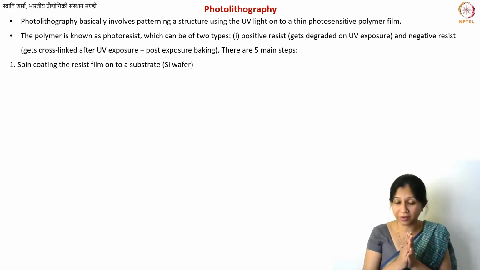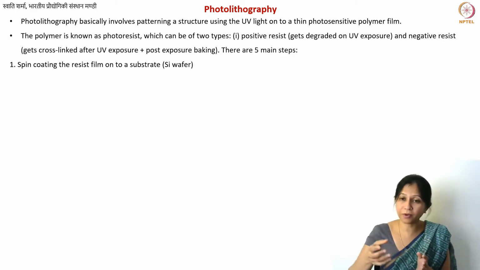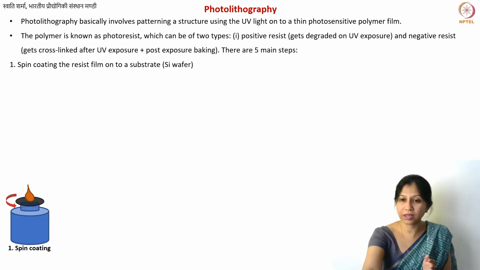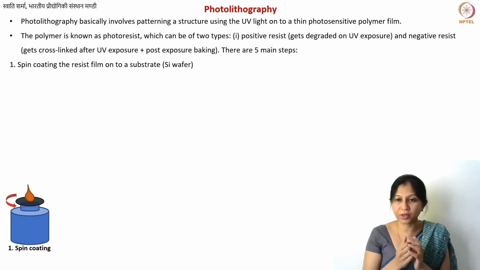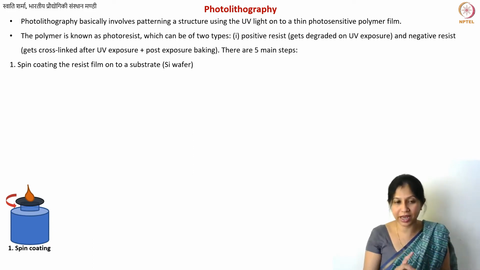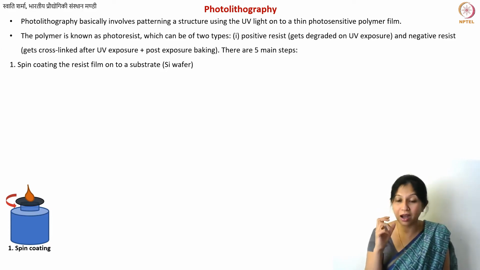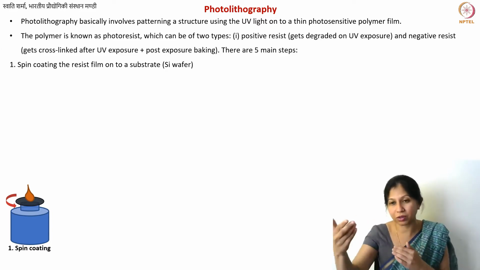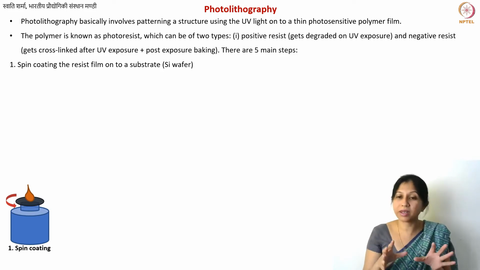But you take a silicon wafer now, and on top of that you pour your photoresist. In this schematic I have shown that. The gray circular thing is your silicon wafer, and the big orange drop is your photoresist, and the arrow indicates that this would then rotate at very high rotations per minute. You will typically have between 1,000 and 5,000 RPMs, but typically you would have, let's say, 3,000 RPMs.